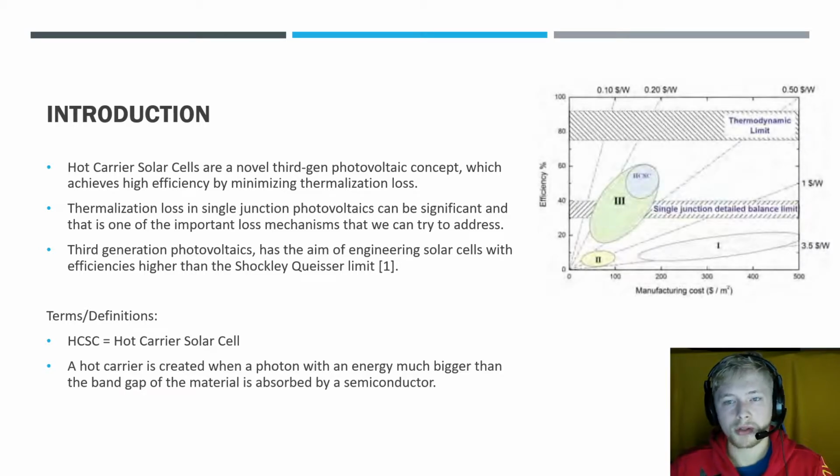The hot carrier solar cell is a promising third-generation photovoltaic device which, utilizing the collection of highly energetic photo-generated carriers, allows energy conversion of up to 65% for unconcentrated illumination. The efficiency gain is realized by minimizing losses due to poor conversion efficiency of photons with energy above the bandgap of the absorber. This represents the main energy loss mechanism in conventional solar cells, which accounts for up to 40% of